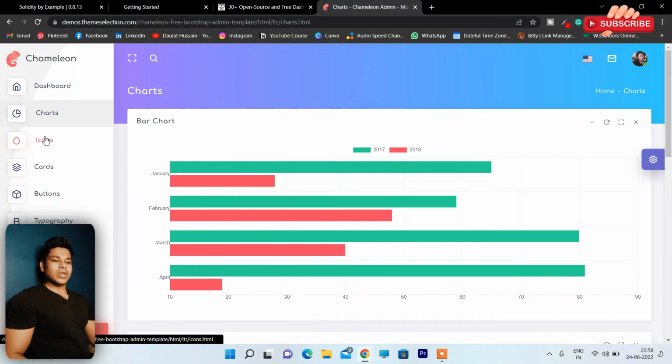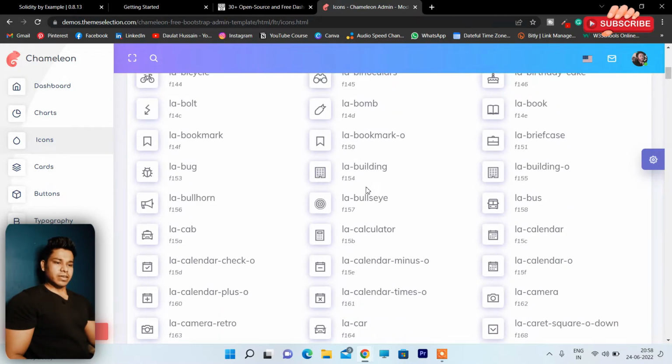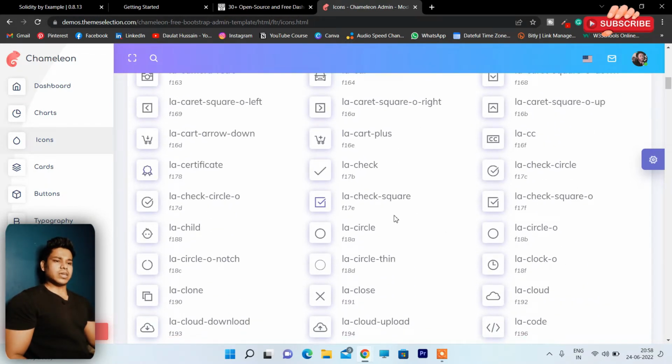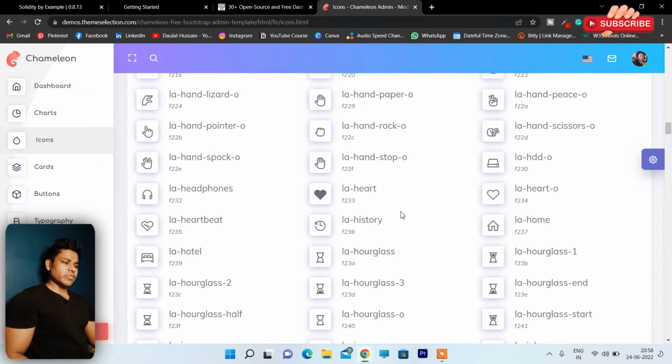Okay, now let's come to the icon section. So here they are providing a couple of icons as well. As you can see, they have a huge list of icons which you can easily use in this application and replace the existing icons with your own as per your branding. So you can come here and scroll all the way down, and you can find the entire